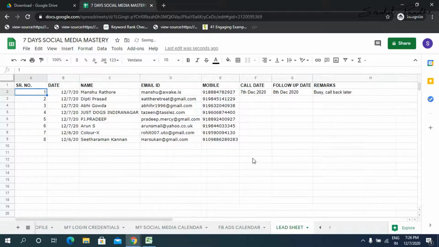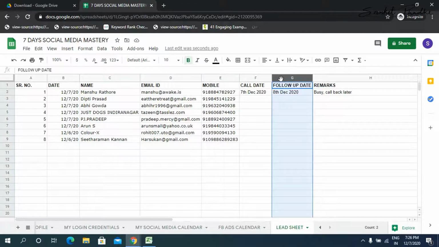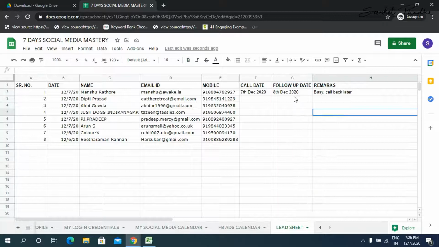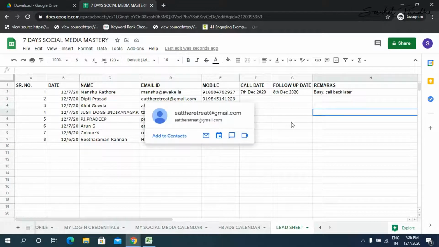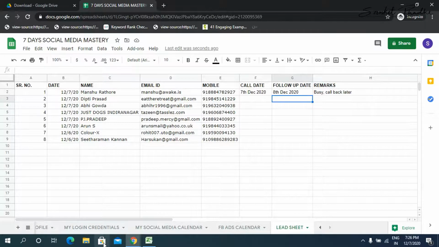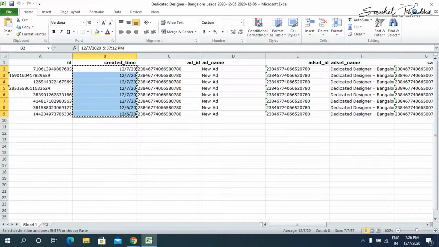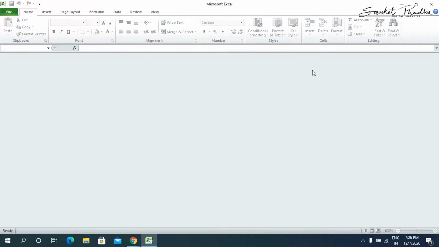Similarly, you can maintain all the leads in this sheet, so that whenever you have to follow up with them, you can simply filter this column for the date of follow-up and ensure that each lead is followed up. Later on you can just close this sheet because we've already copied all the leads there.